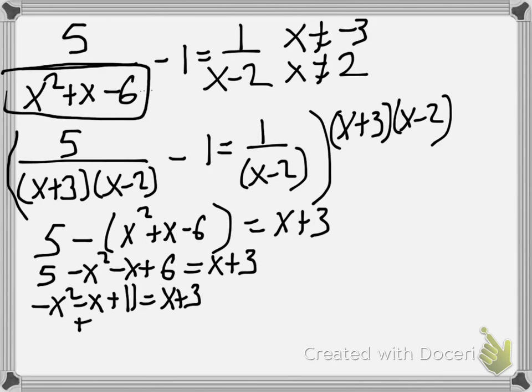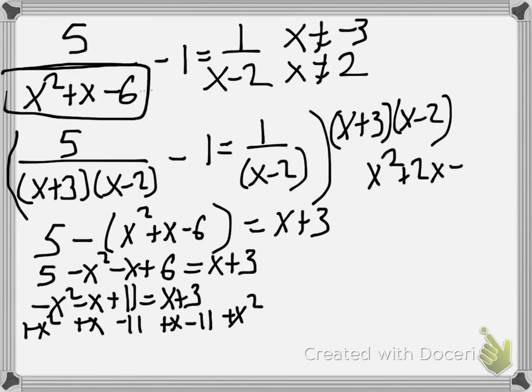I'm going to add x to both sides. I'm going to add x squared to both sides. I'm going to subtract 11. So I'm going to plus x minus 11, and then minus x squared, or plus x squared. So I've got x squared plus 2x minus 8 equal to 0. So that gives me x